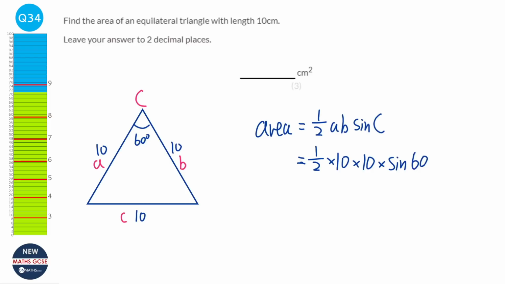So with a, b and c, it doesn't matter what you label a, b and c, as long as the angle is opposite the side with the same letter. The angles are all capital letters, the lengths are all lowercase. Okay, so let's put that into our calculator and we get the answer of 43.301, blah blah blah. It says it wants it to 2 decimal places, so that is